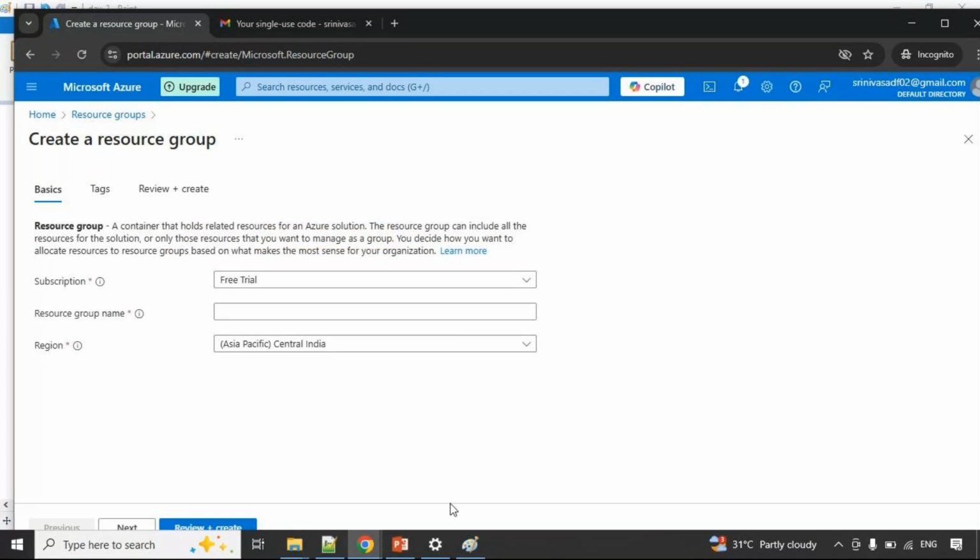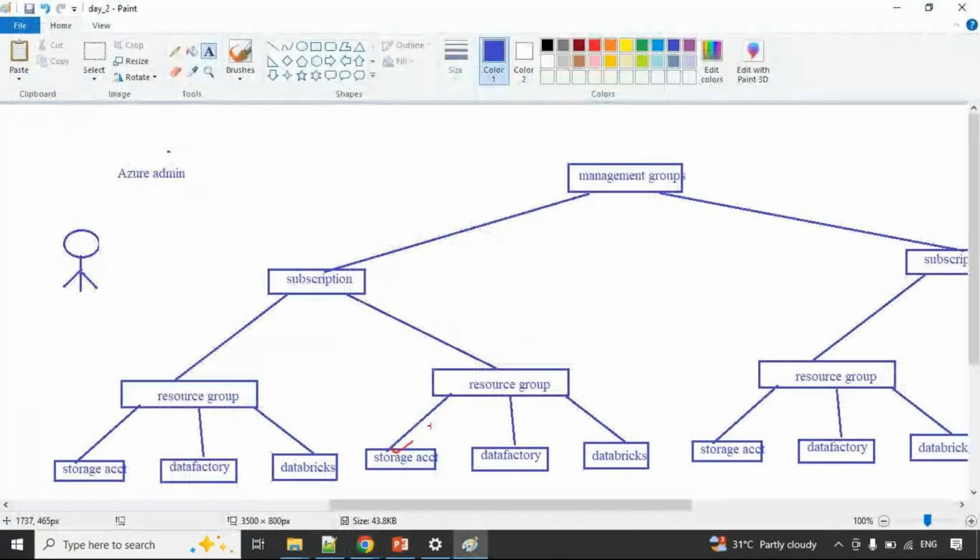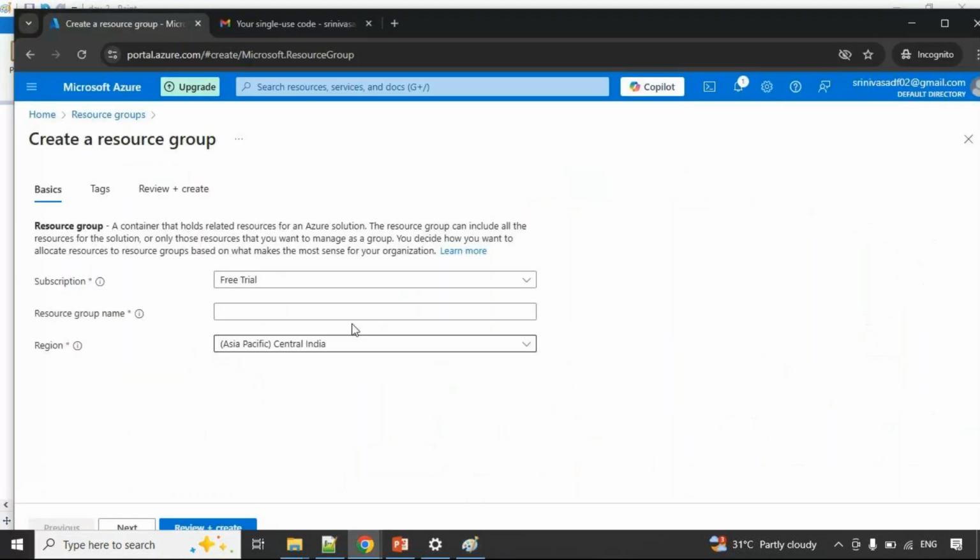So at the time of creating resources, I have to attach them to the resource group. Now I can give access and control everything in terms of the resource group. For a particular user, if I provide read access, then they can do only read access for all the underlying resources. We can control at the resource group level.